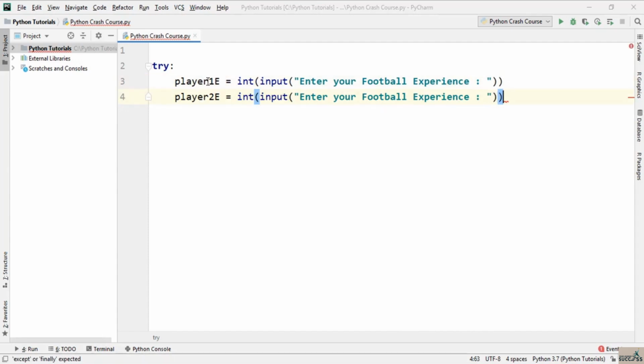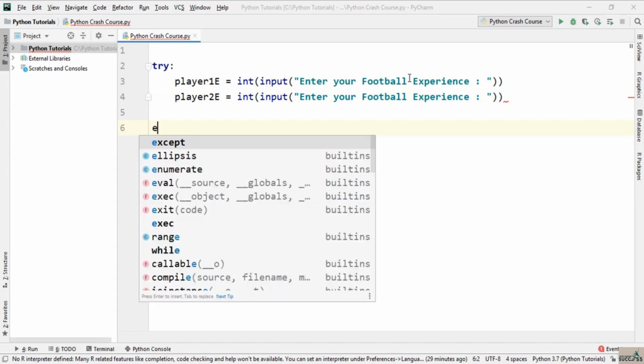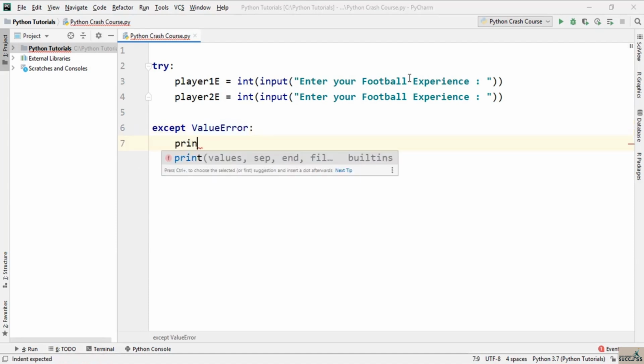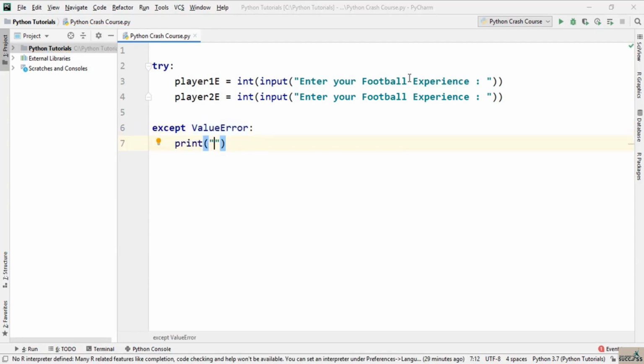Alright, so now we are first of all asking the user to input their experiences, and now I will check if there is some kind of value error or not. So I'll say except ValueError, and I'm going to print out you need to supply the experience in numbers,